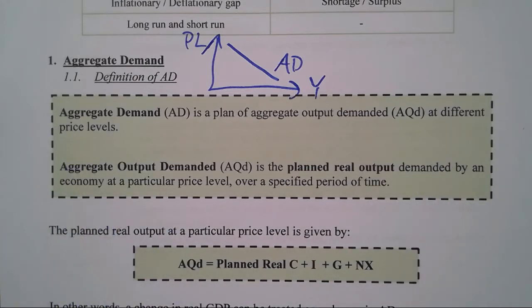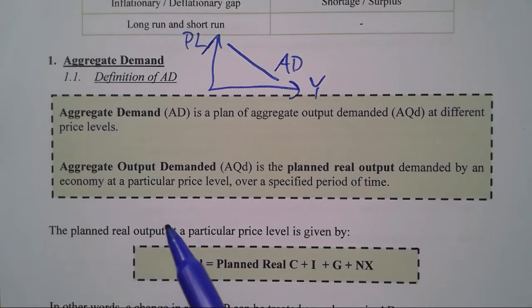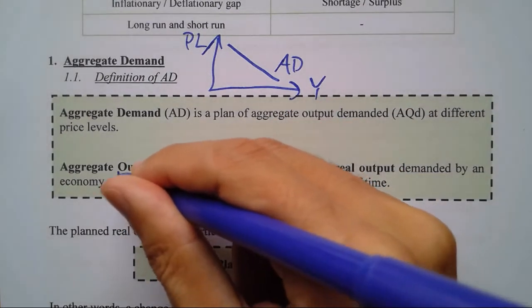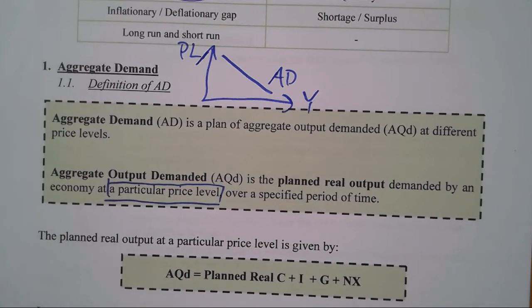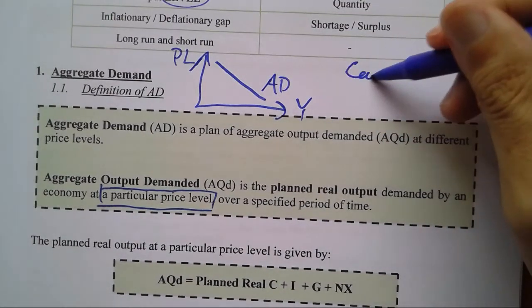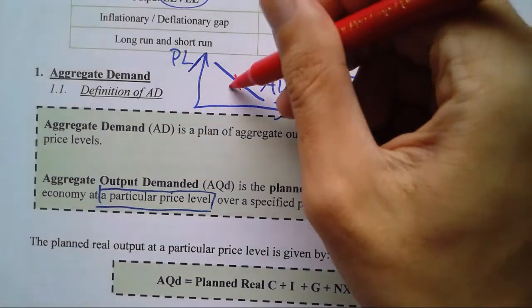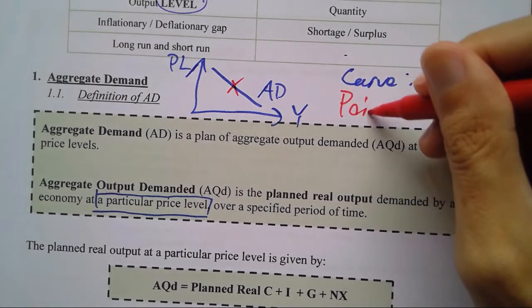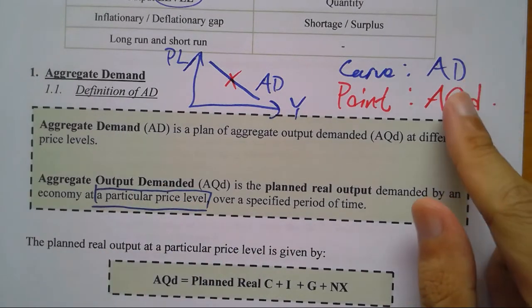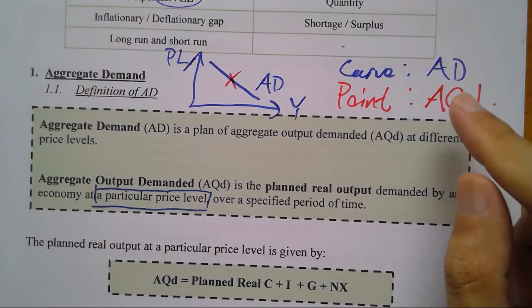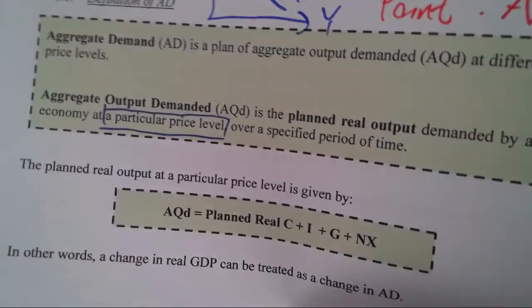Basically the same. So what is AQD? Almost the same as QD. It's a planned real output demanded by the economy at a particular price level. 嗱，好重要啦，某一個 price level. So, what do we mean? This whole curve is our AD, and a point on this AD curve is our AQD. 其實同你 demand supply 一樣啫嘛，係咪啊？ When we talk about demand, the whole curve is the demand, but one point is only the QD. Same here. 嗱，咁我唔嘥時間你呢個。